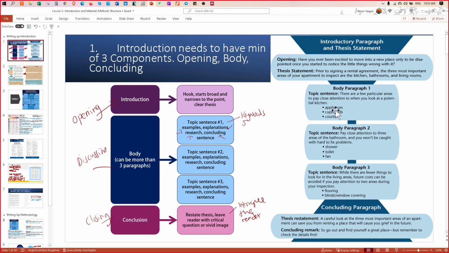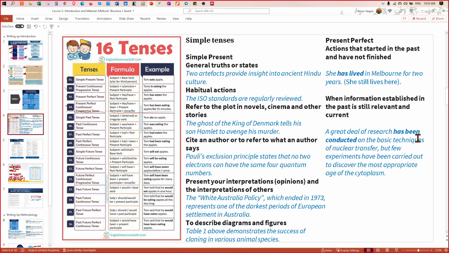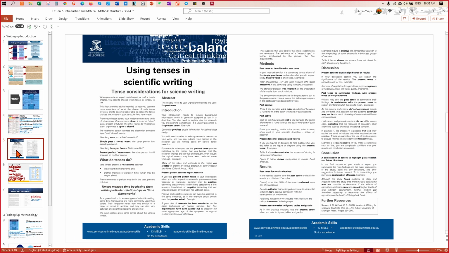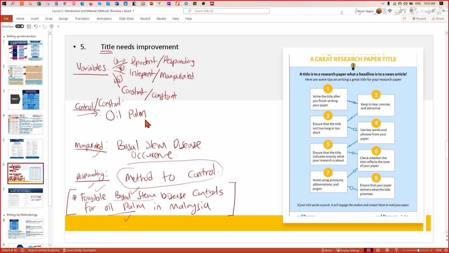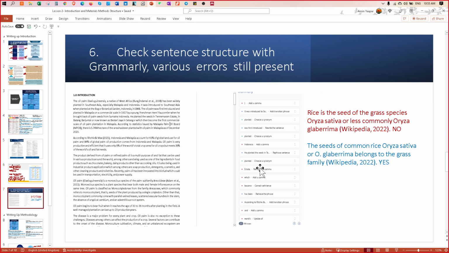Other people have these issues as well. So work on the structure of your study. Have this layout, the outline, and then get the tenses correct. Work on your title as well, and check with Grammarly. Then you're good to go.